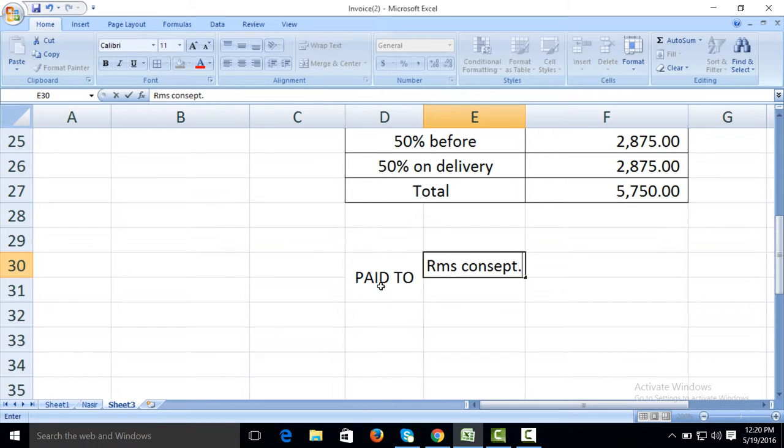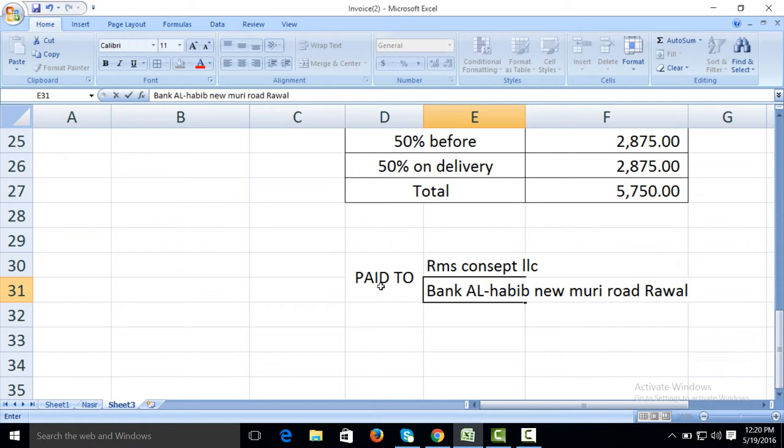RMS Concept LLC, Bank Al Habib, New Murray Road, Rawalpindi.